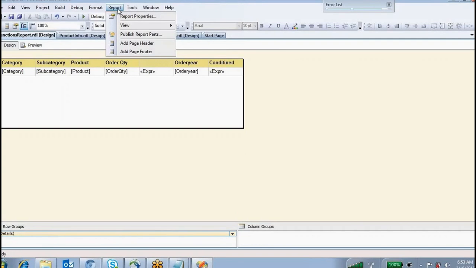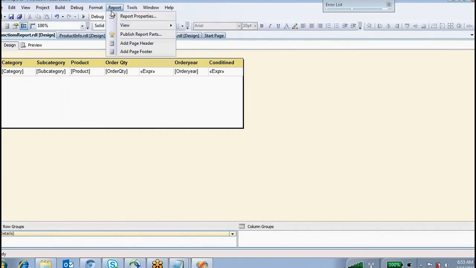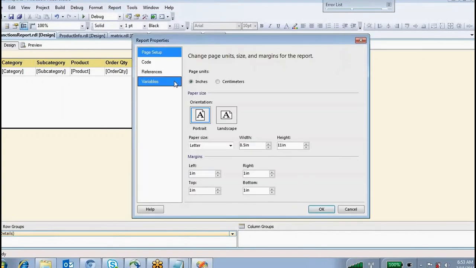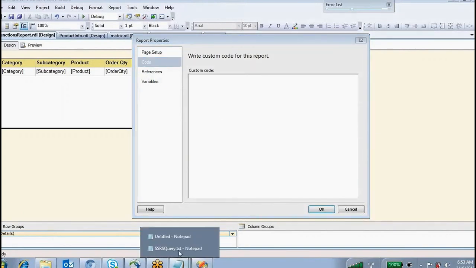Okay, go to report properties. Okay, so under these report properties, go to Code here. So you have to add your code.